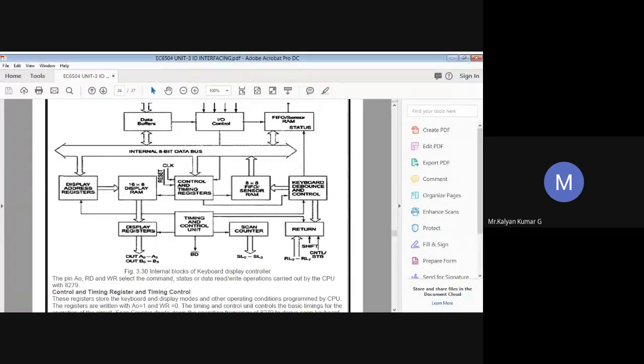Usually these functions depend upon the selected keyboard mode. Totally we have 3 different keyboard input modes. One is called scanned keyboard mode. The other is sensor matrix mode. The third one is strobed input mode. All these different modes are available. We'll see later how to select these modes with the help of a control word register. First we'll start with the return buffers.